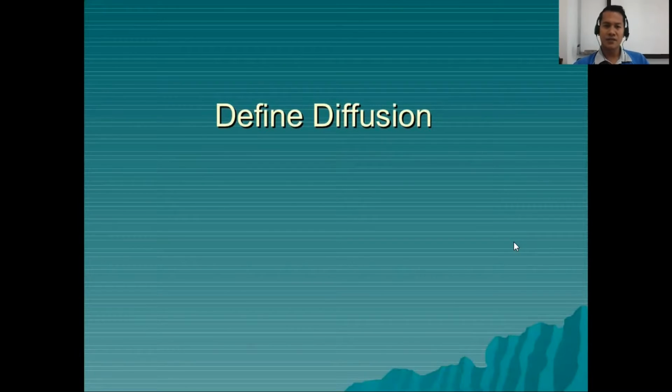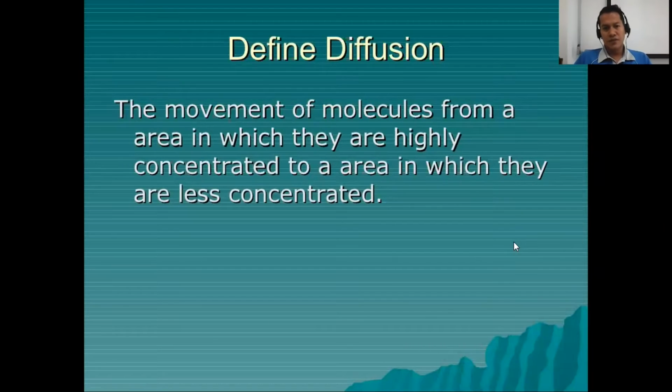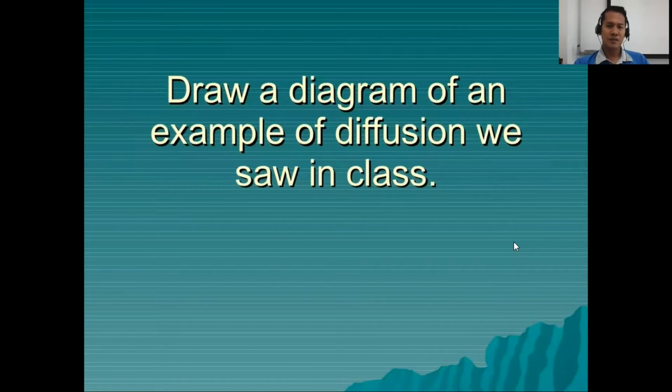So let's have a clear definition of what diffusion is. Diffusion is the movement of molecules from an area in which they are highly concentrated to an area in which they are less concentrated. Okay, so very simple definition, from an area of higher concentration to an area of low concentration. And if I'm going to ask you some examples about diffusion, you probably say that you're going to